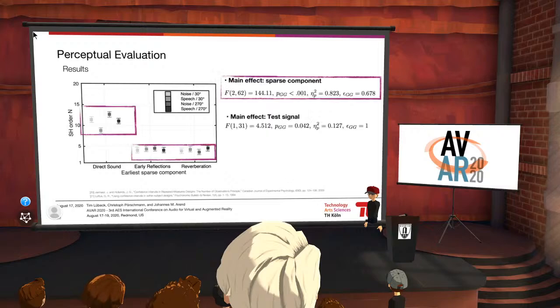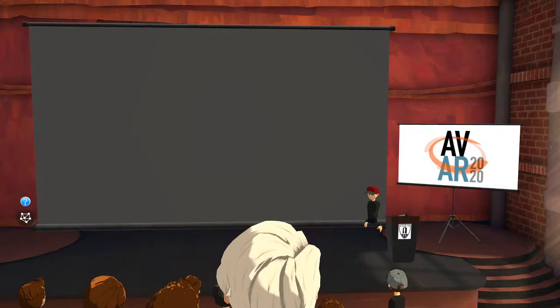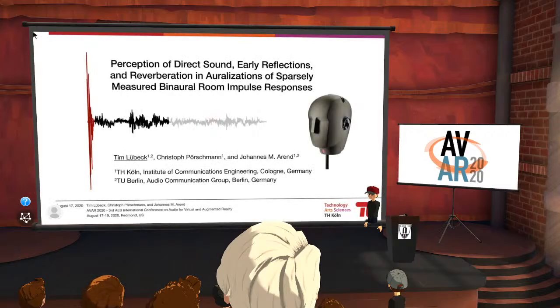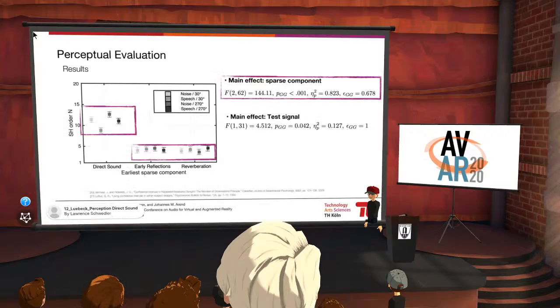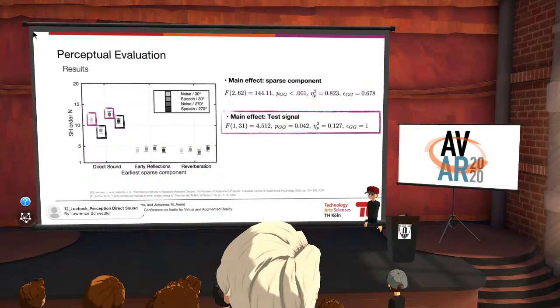And of course we found that the sparse component was a main effect. We see for the direct sound we have higher peaks, early reflections and the reverberation. Then we found that the test signal was a